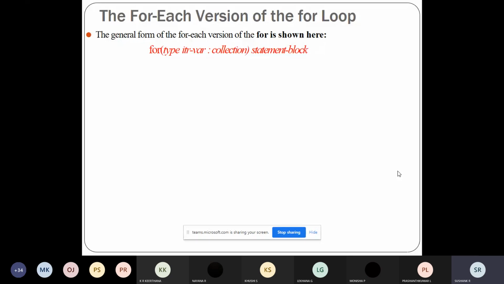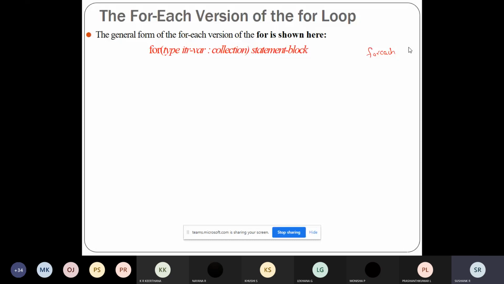So the for each loop is basically used for moving through elements like arrays from the beginning to the end, that is from start to finish. How to use the for each loop? In C sharp, the for each loop can be identified through the keyword foreach.